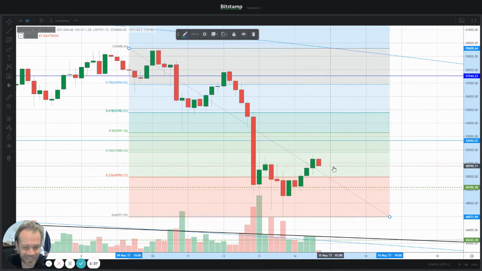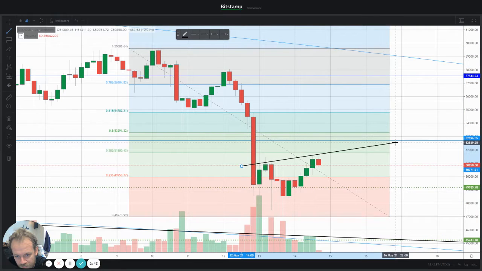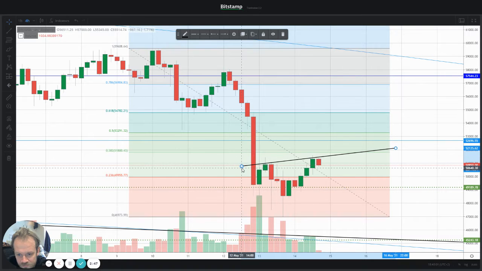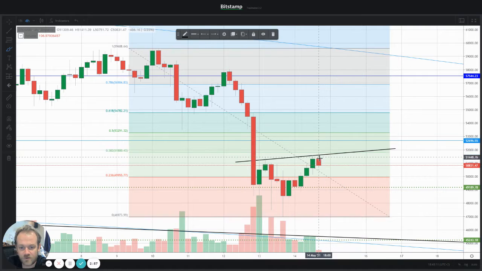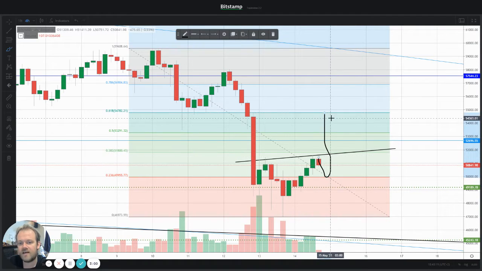So what that means now for us is that Bitcoin is doing exactly the same thing. We are tracing back, and we are actually then looking for a neckline, and let's call it somewhat like this, somewhere around this maybe. And let's see how this is going to behave. I think personally that we might probably see something like this, either bigger or smaller, but somewhat like this, then we test the neckline, and then hallelujah.